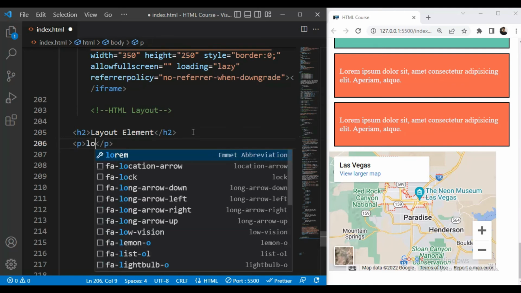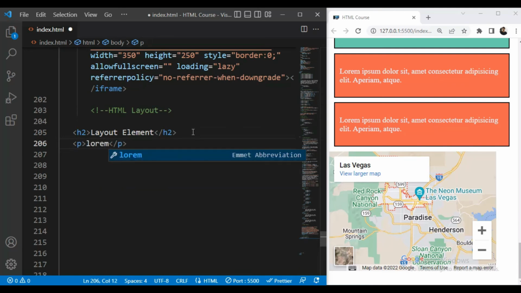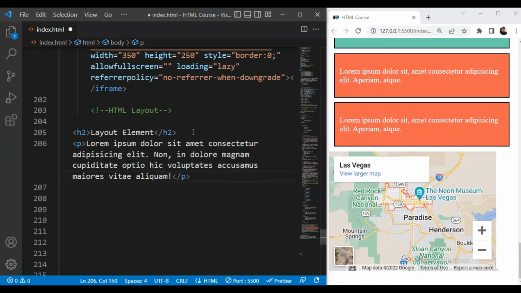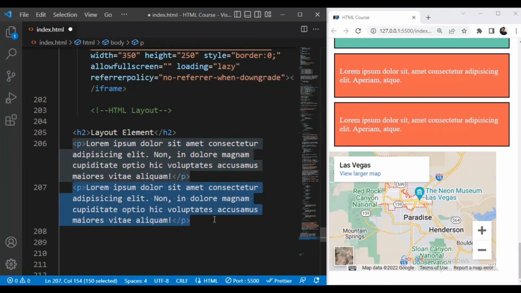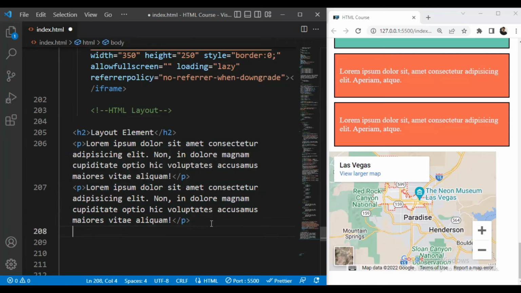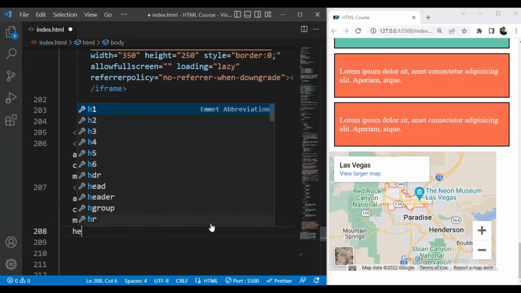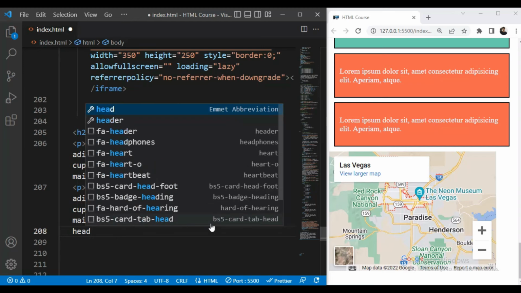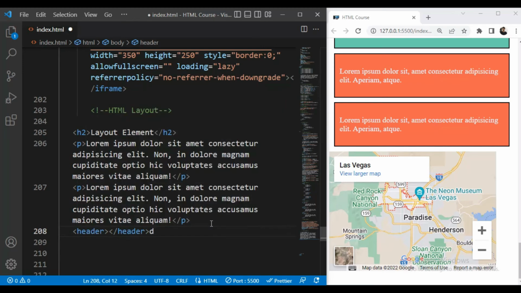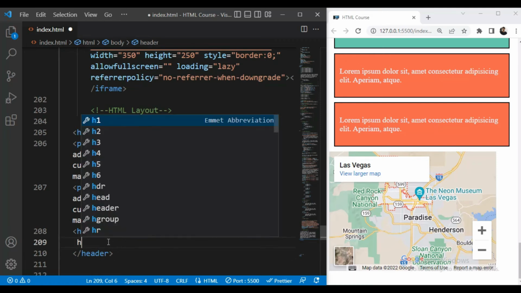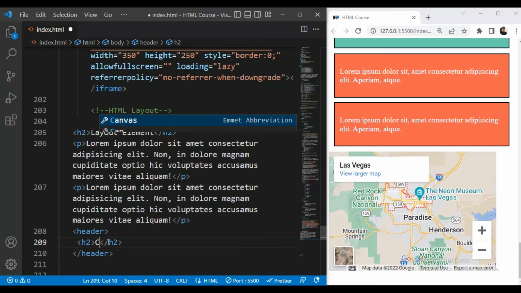So I'll add some dummy content and I'll copy this. Then next we'll take a header element, okay. Then inside header element we'll take H2 for cities.